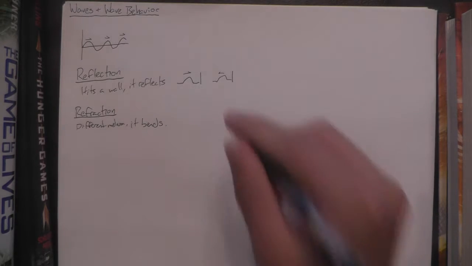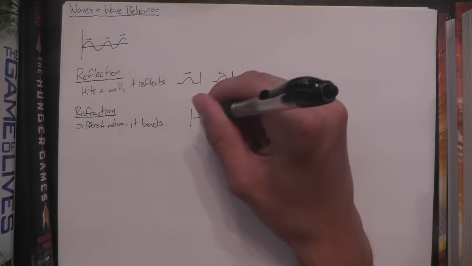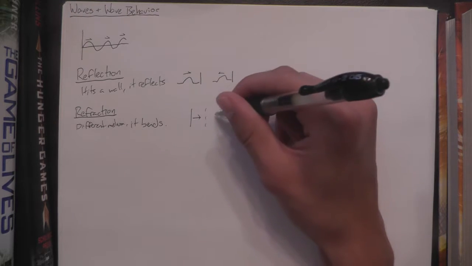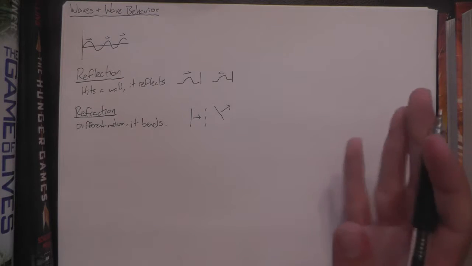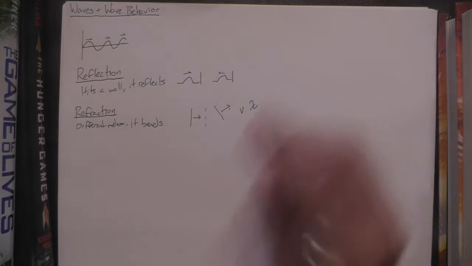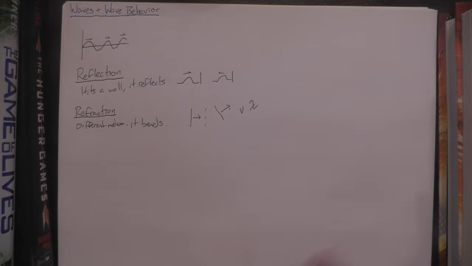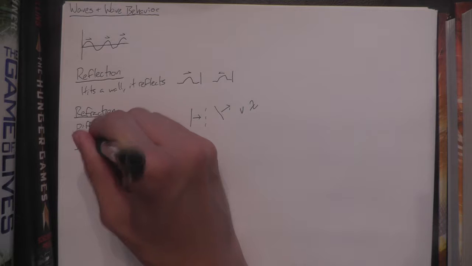Now, what does this mean? Well, most obviously, it means it changes direction. If you're looking at the wave from above and it's moving like this, once it enters that different medium, it might start moving like that. But it also may change speed or wavelength. Values which are represented by v or lambda, which we'll explore more once we get to water waves and light waves. Third property is interference,